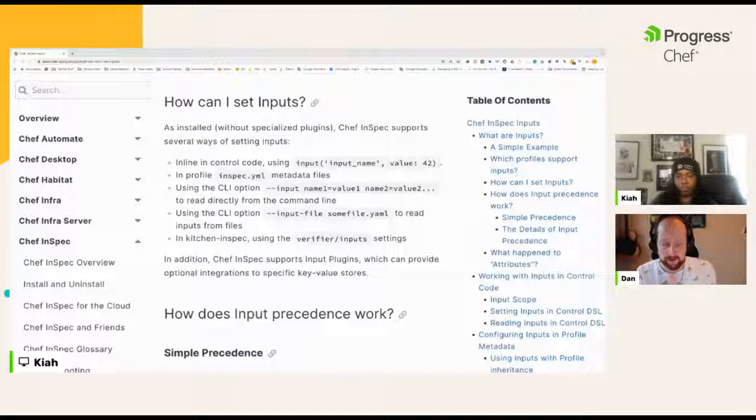Another one I've done in the past is if you're installing a version of Ruby with Chef Infra Client,